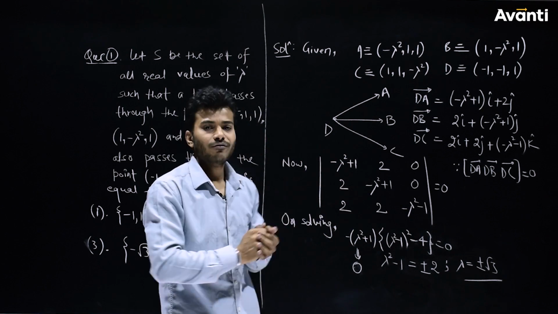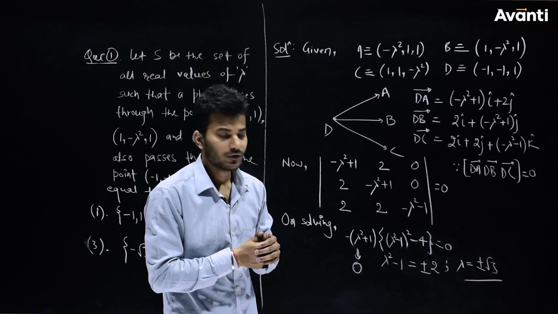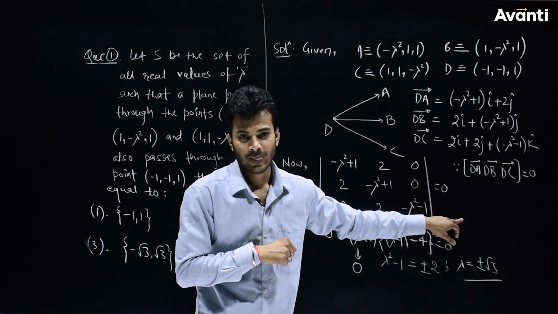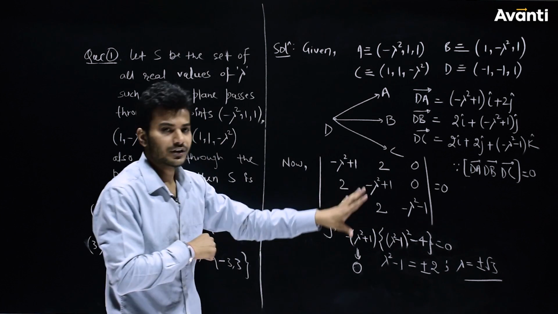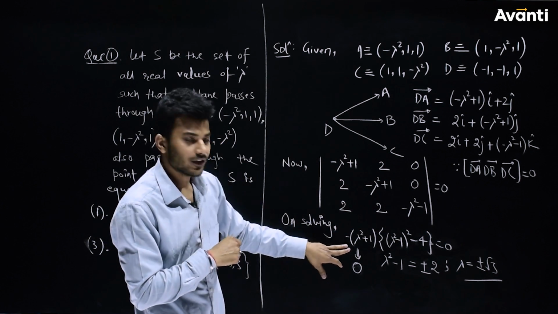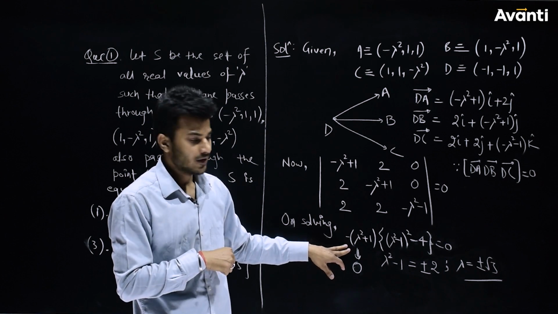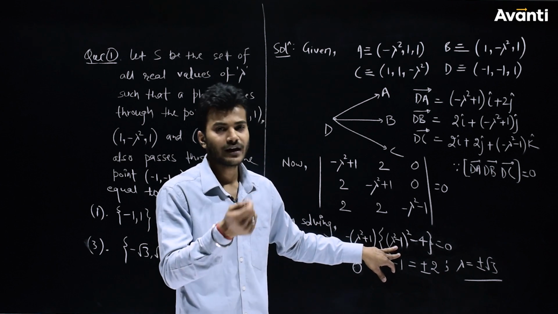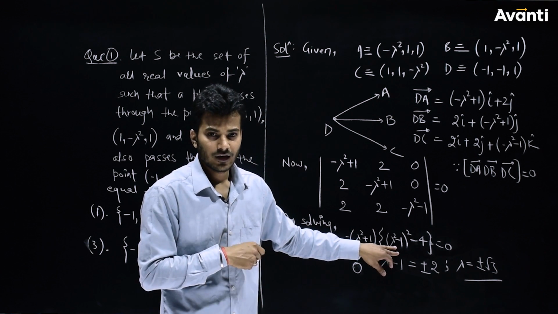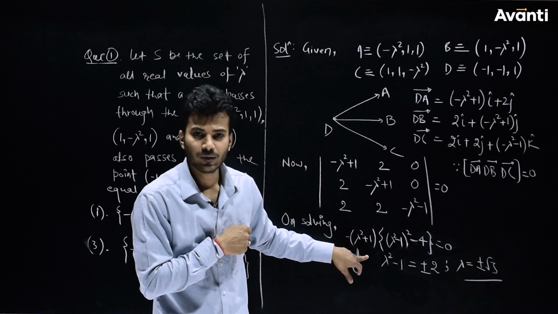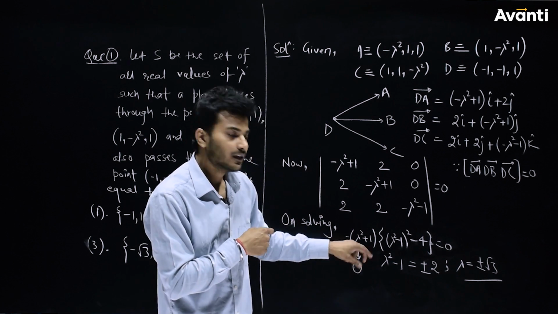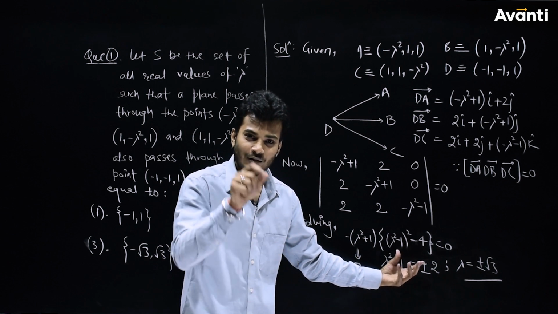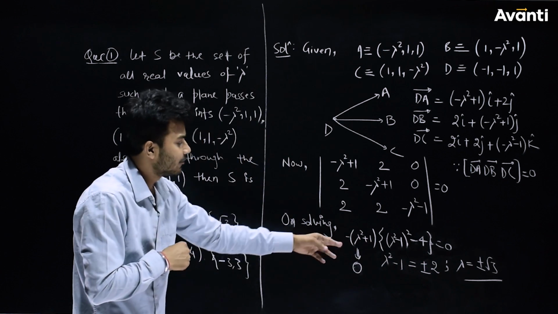So this is the determinant formed by these 3 vectors, which we are supposed to set to 0, because these are given coplanar. Alright, so on solving this determinant, we get minus (lambda square plus 1), and the other factor we get is (lambda square minus 1) whole square minus 4 equals 0. Now you see this is lambda square plus 1. Either this bracket can be 0 or that bracket should be 0. But please listen carefully, this is lambda square plus 1.